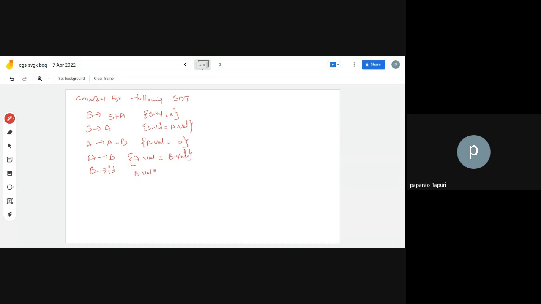B dot val equals ID dot number, or value, anything, sir. So SDT is given. Now the question is: what is the missing expression at A and B if the string